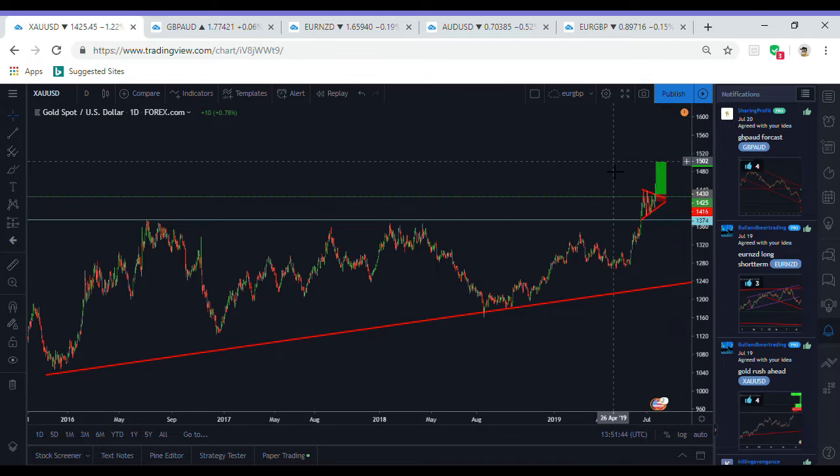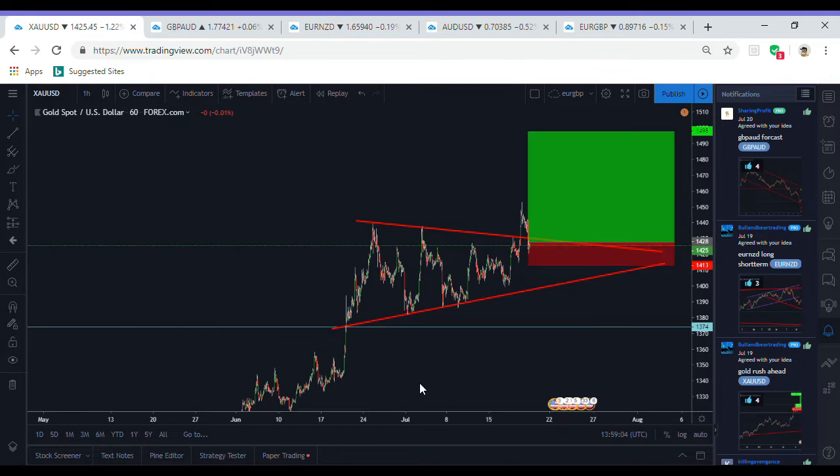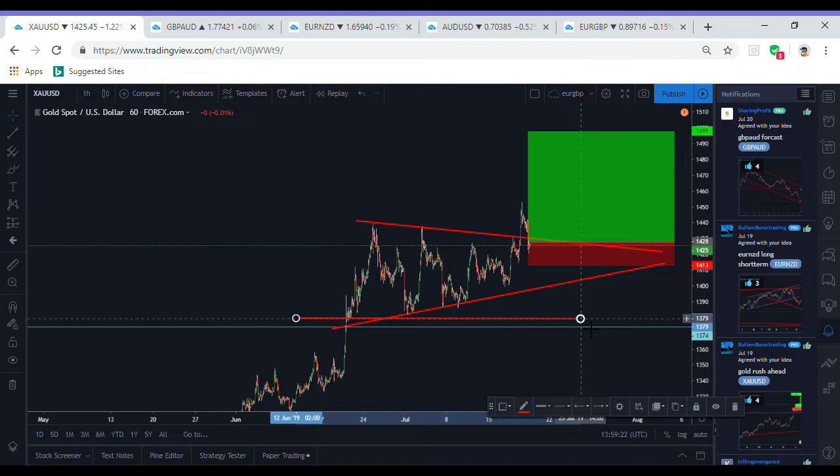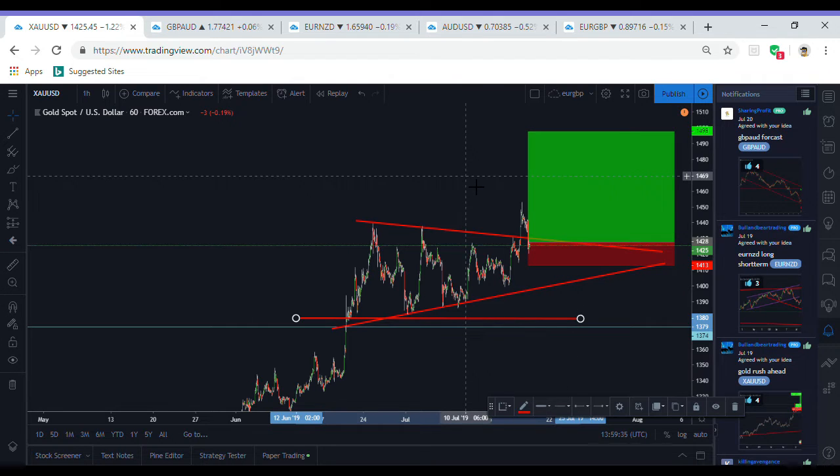I'm just gonna zoom in onto the 1 hour time frame, and you can see what I'm talking about. This is the closer view on the pennant triangle. When the week started last week, we didn't have our analysis like this, so it was more of a flat bottom over this area. I was looking for price to move to the downside, consolidate over here, continue the downside, forming sort of a flat flag, then go to the upside. That's what I was anticipating. If you watched the last Sunday breakdown, you knew about this already. Unfortunately it didn't go as planned, so we ended up forming